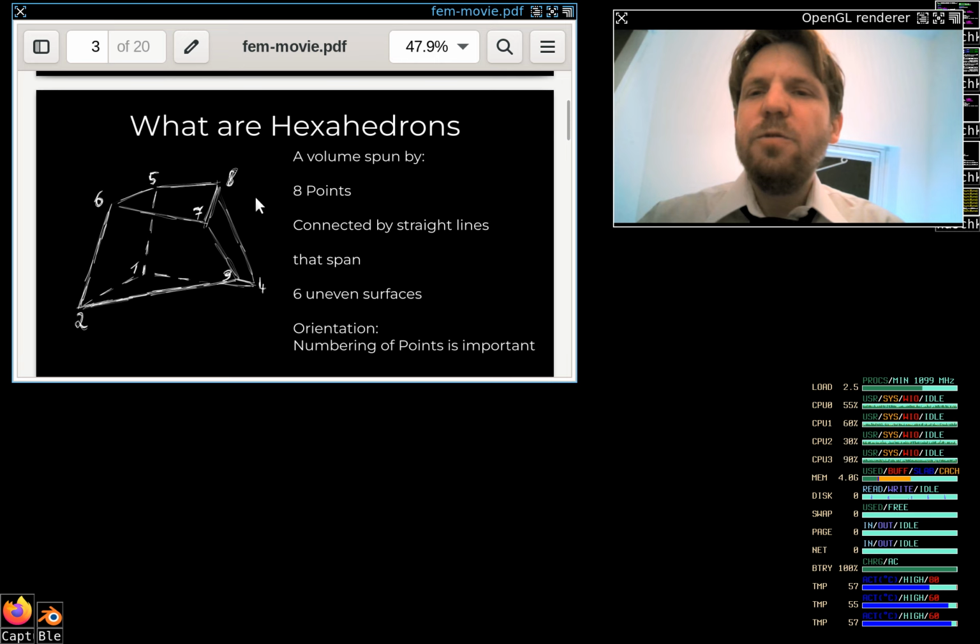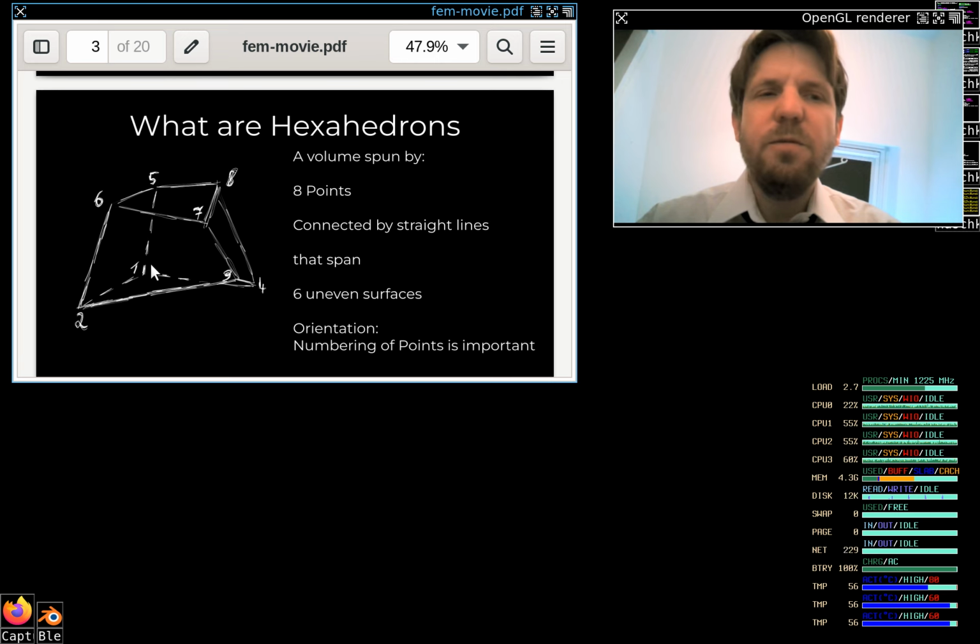But of course, if you think about it, if you look just at the top surface here, a 7 is not in the same plane as these 3 others might be. You get uneven surfaces or sail-like surfaces if you want to. So the corners can be anywhere in space, basically, as long as the volume bounded here is positive. They can, and basically they are connected to each other, as I said, with straight lines. The orientation is important, so you have to number your corners right,